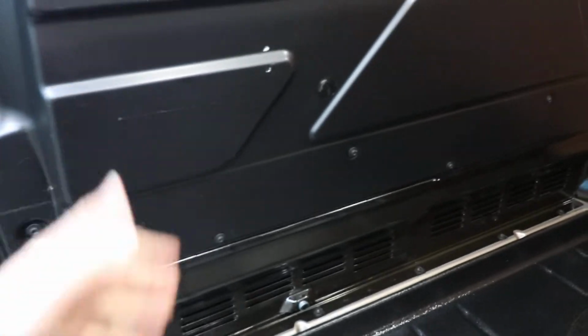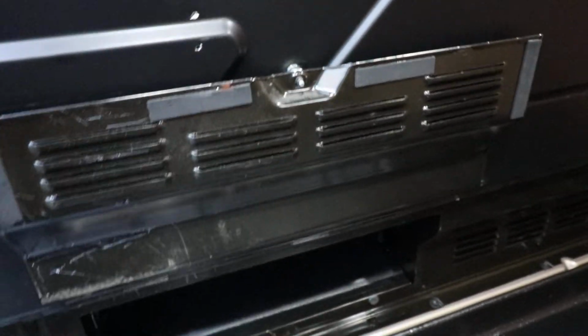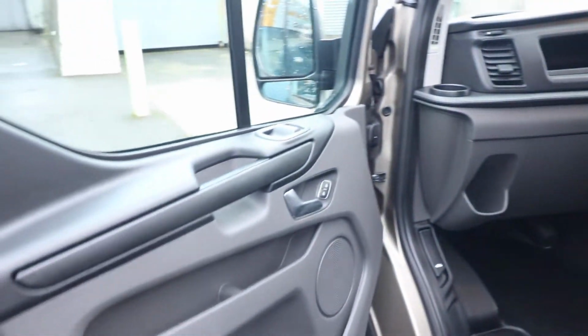So you can just shut it if you want to, but when you want to load something longer here, clip it up there via the magnet, and as I say, you can load all the way through then underneath the passenger seats. If we open up the passenger door, we can then start to have a look at the spec